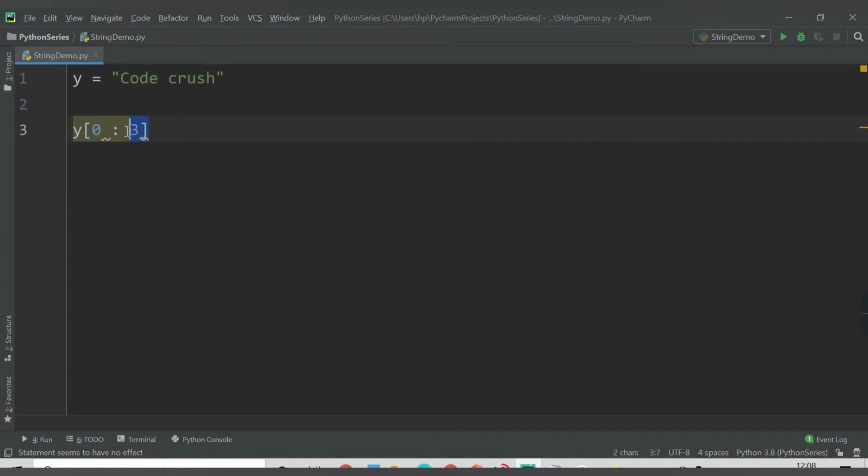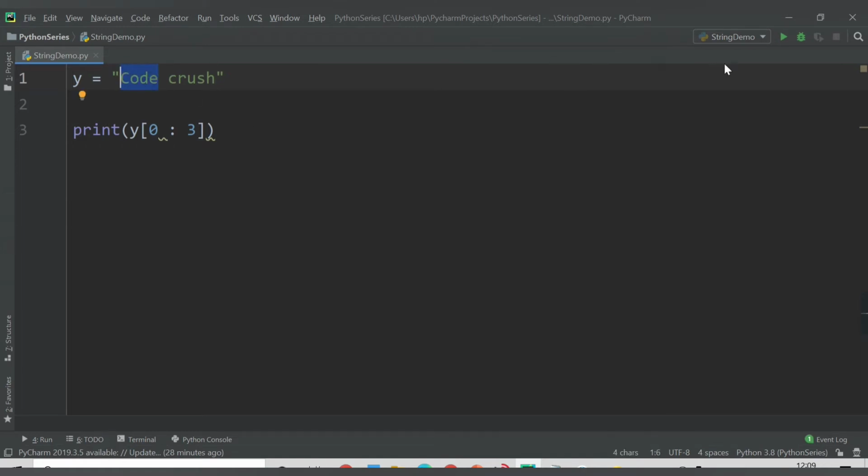Okay, let's print this. So I will pass it in the print function. This is my variable, and for the start position I have provided 0, so it will take from 0, and the last one is 3. So 0, first, second and third. So I should get COD as my output.